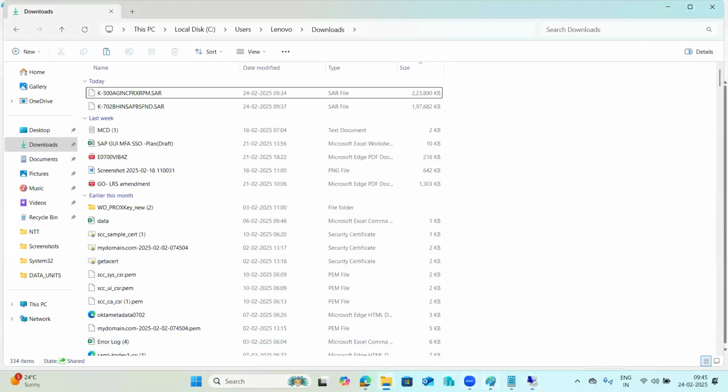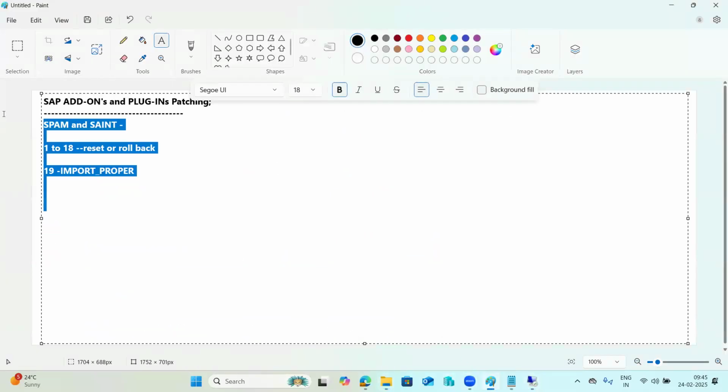So tomorrow we can discuss upgrading. Normally that is the procedure: upgrading the systems using the SUM tool. That is what we have to do, upgrading with the SUM tool. That is a very big procedure and very important. SPAM and SAINT, no one will use it here. So SUM is one of the